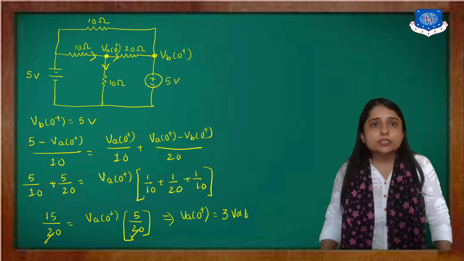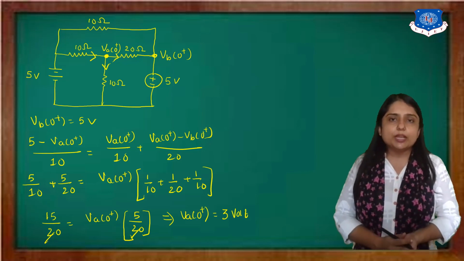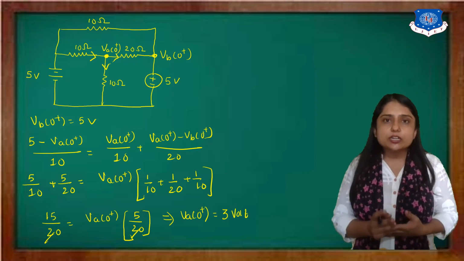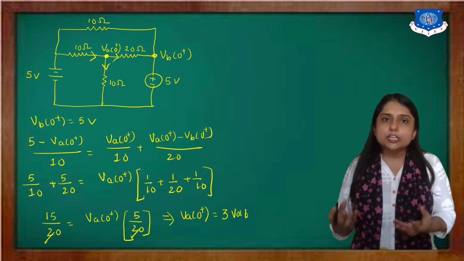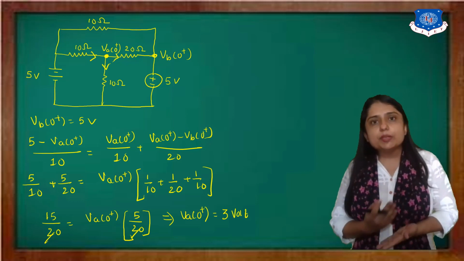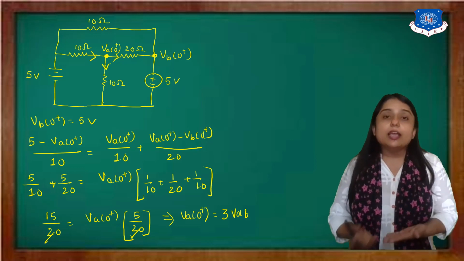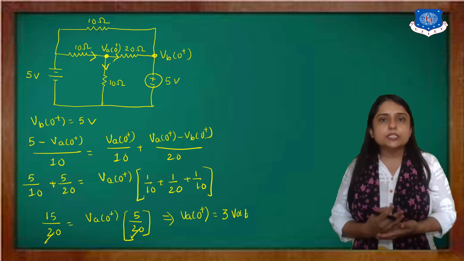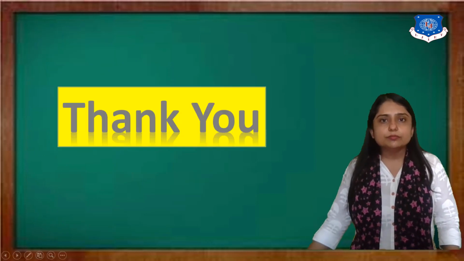So I hope this chapter is clear. Whenever you have a question related to 0 plus, 0 minus, you have to draw the initial condition circuit first. And then you have to replace the inductor as a current source and the capacitor as a voltage source, and find the current or voltage. And next, whenever you want to find a differentiation term, at that time you have to consider the inductor and capacitor as they are. Alright? Thank you.